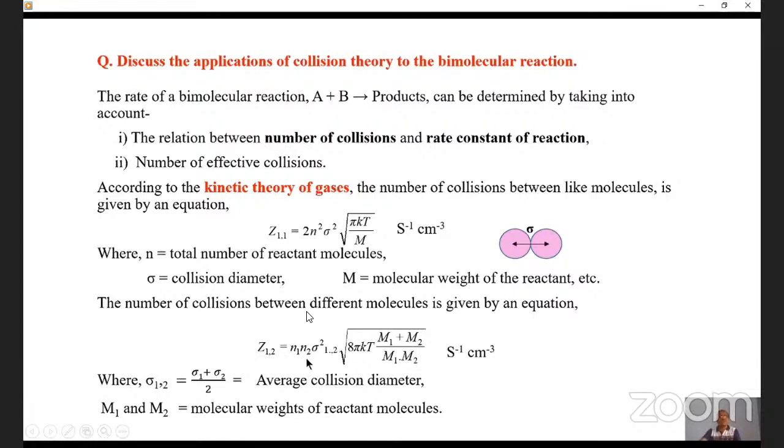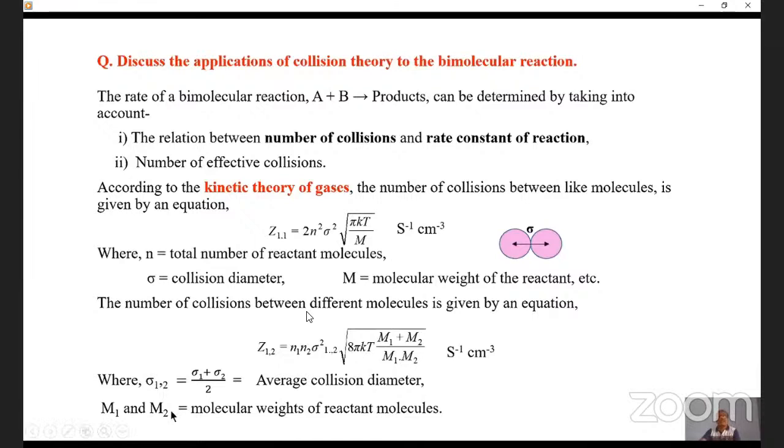Z12 is equal to N1N2. N1 is the number of molecules of the first type, say A. N2 is the number of molecules of the second type, say B. And sigma square is the average collision diameter. This average collision diameter can be calculated by taking the mean of the collision diameters of the molecules. Pi is a constant, K is the Boltzmann constant,